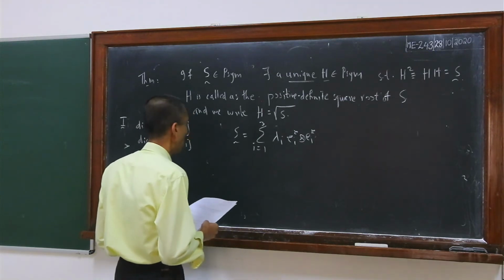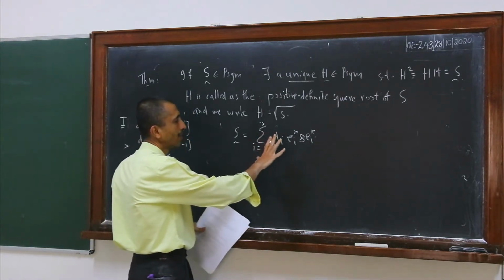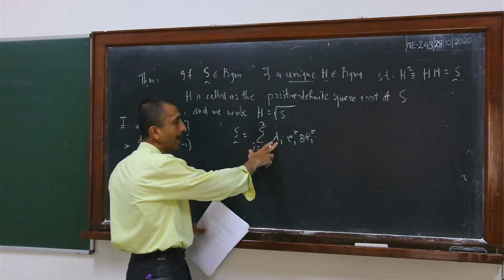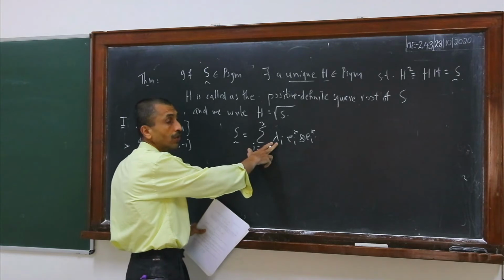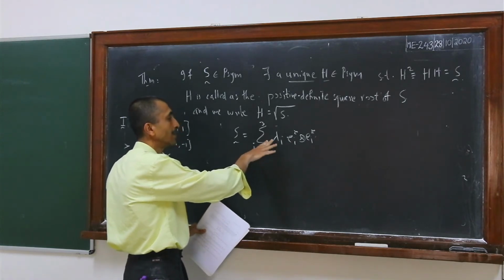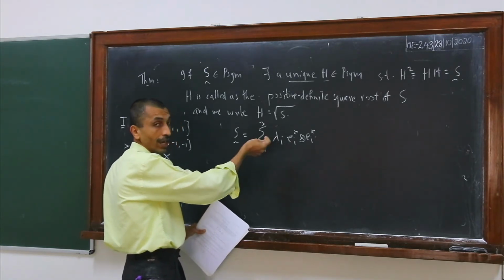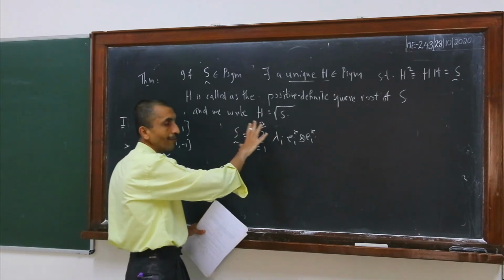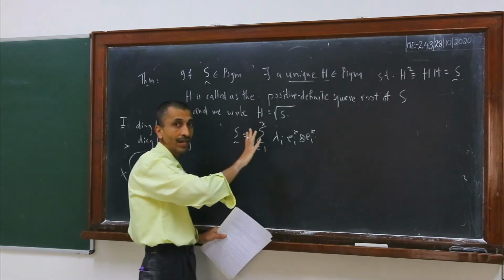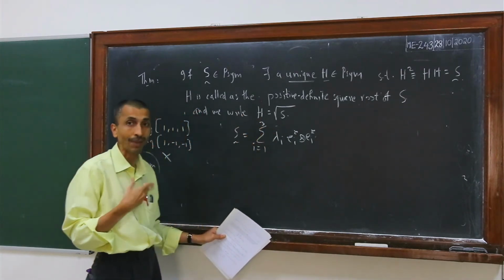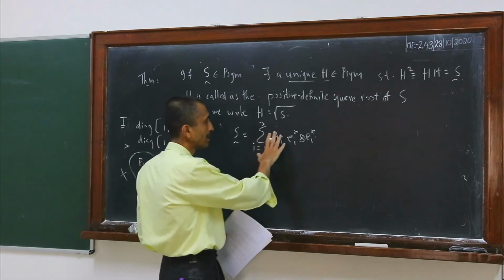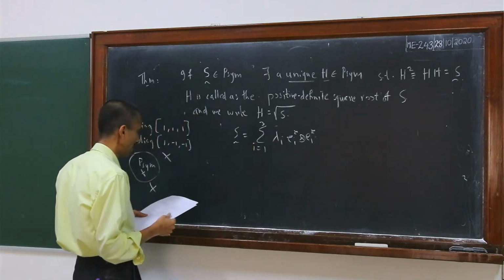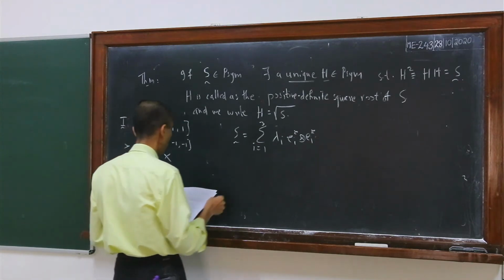Here I will mention that if it is positive semi-definite, then the lambda i are non-negative. Non-negative means that they can be 0 also, or they can be positive, but they cannot be negative. Right now we'll restrict ourselves to positive definite, but I'm just indicating what positive semi-definite also means. In that case the eigenvalues have to be non-negative, but here in this case the eigenvalues are strictly positive. So we can define now